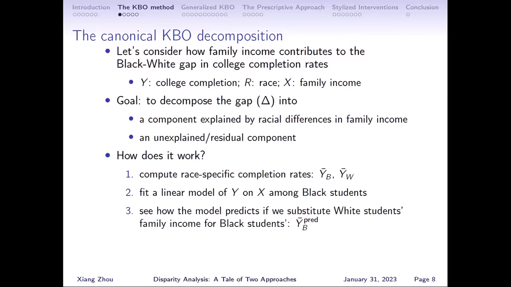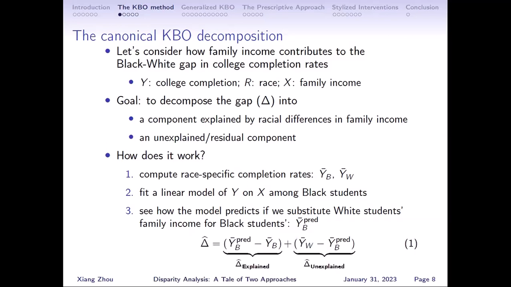Then we see how the model would predict if we substituted white students' family income for Black students, right? So the average predicted value for Black students gives us a, quote unquote, counterfactual outcome for Black students if they had the same family income distribution as white students. So the overall gap can now be decomposed as in equation 1, where you can see the explained component is